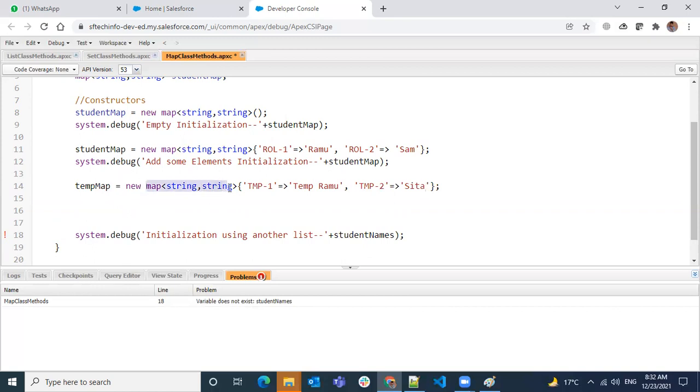And so this is a new value, so I have to declare it first, otherwise it's going to be an error. So empty initialization, and then